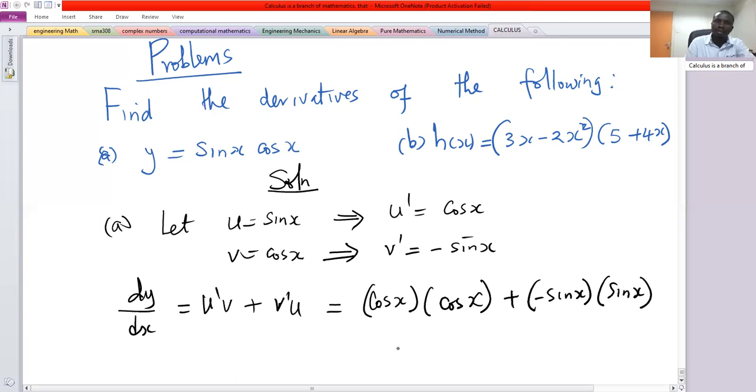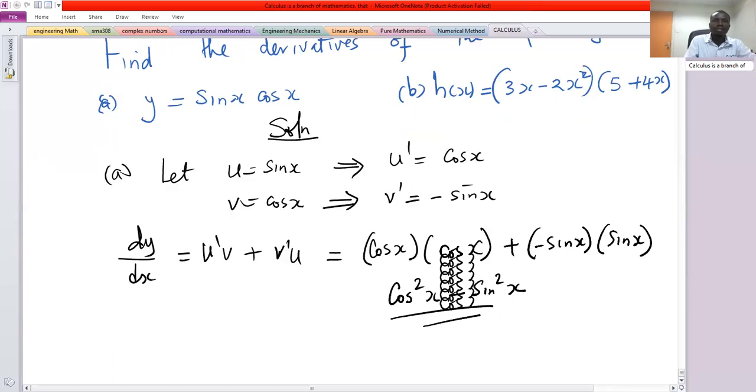So this will give us cos squared x minus sine squared x. So that would be the derivative of that function. And using trigonometry, you can simplify it as